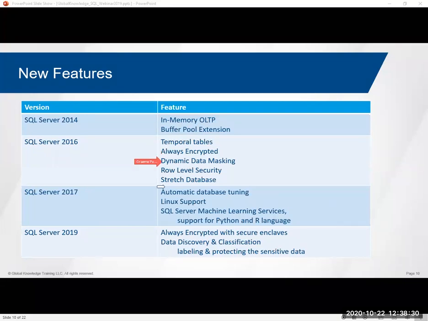We have dynamic data masking. The idea here is we're not encrypting the data, but when somebody queries for a credit card number, they don't get the whole credit card number, they just get a part of it. When they query for an email address, they don't get the whole email address, they just get a part of it. So I can dynamically, in the result set, swap out sensitive data for masked versions of that data. We get row-level security, the ability to have different security on different subsets of the records